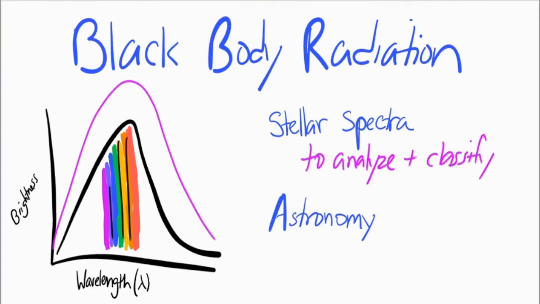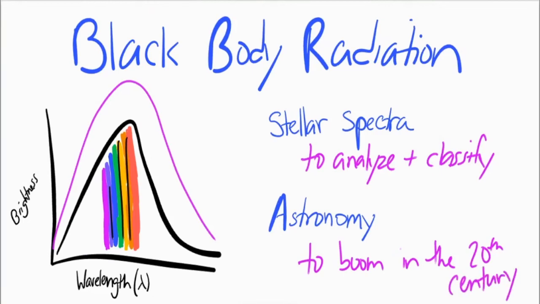So our star is a yellow dwarf, compared to Betelgeuse in the constellation Orion, which is a red supergiant. This allowed astronomy as a scientific field to boom in the 20th century, with all kinds of scientists classifying and analyzing stars according to their spectra, which led to Edwin Hubble eventually observing other galaxies and their properties. He saw the light of other galaxies starting to redshift, which means their light was being stretched, because purple light will be stretched to indigo, and indigo gets stretched to blue, and blue gets stretched to green, and so on and so forth. So all light will eventually become red shifted, in that the wavelength becomes larger and becomes more red-like.